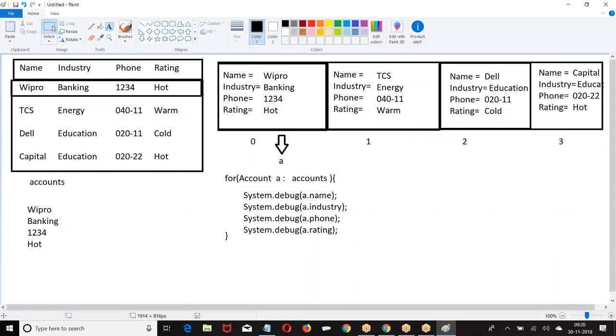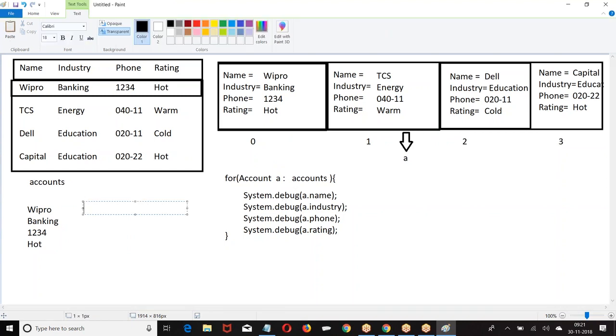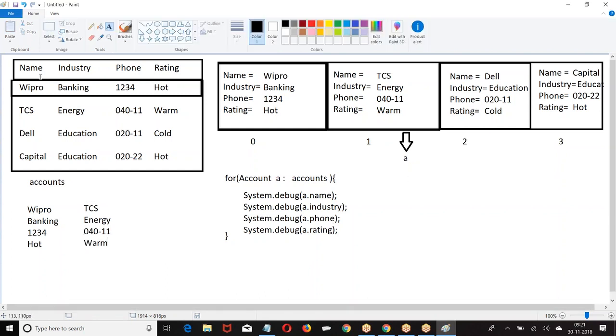Then what happened? A will go to the next location. Again, A dot name, A dot industry, A dot phone, A dot rating. Done.